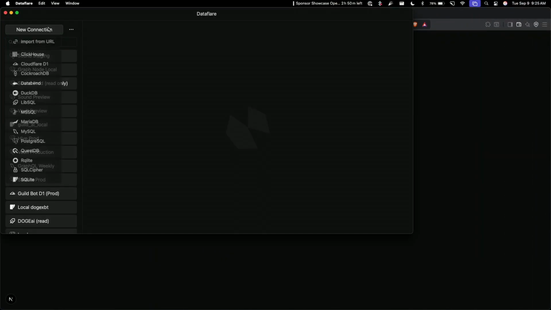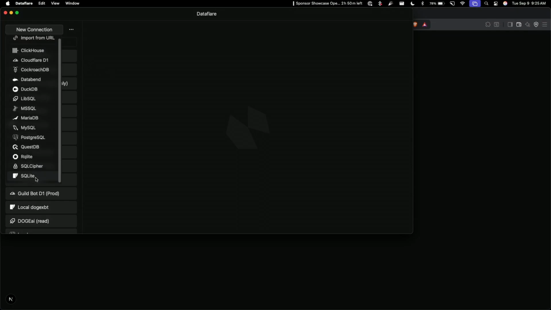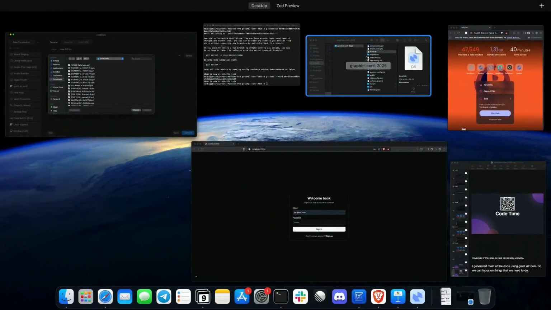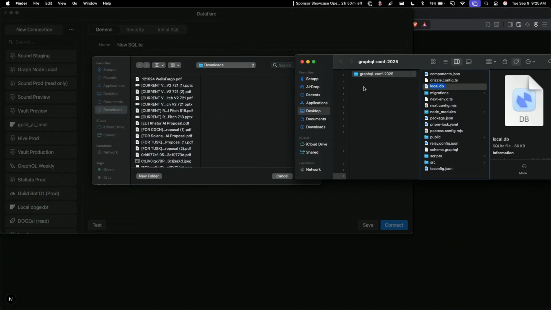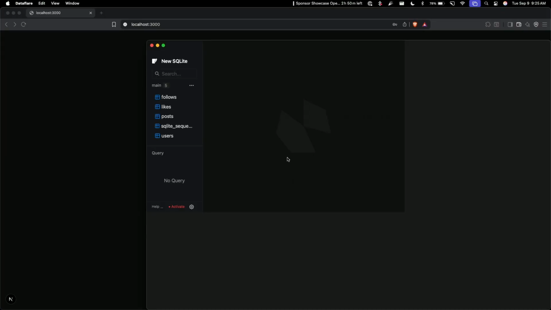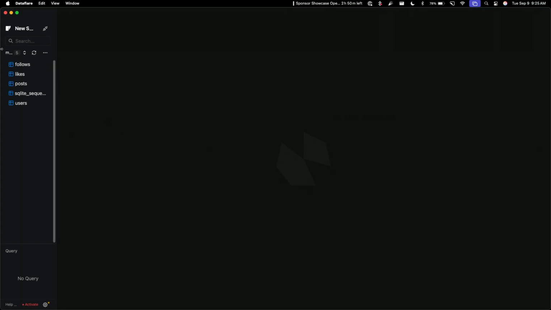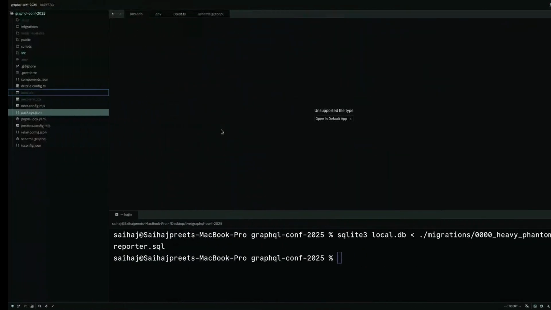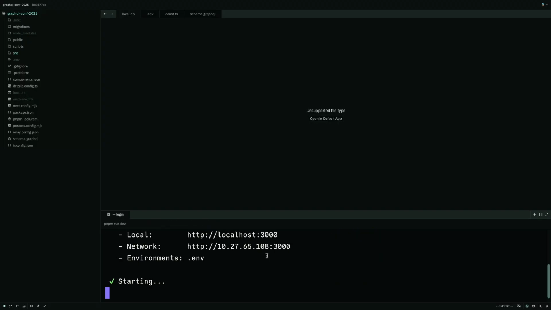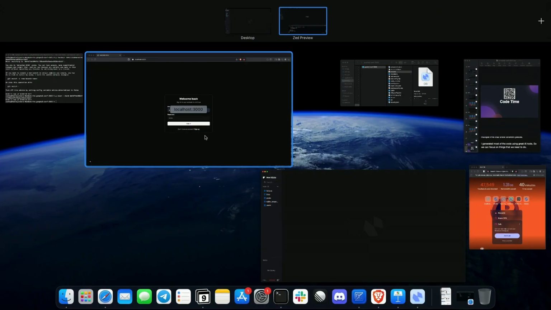DataFlair is cool. It's just a GUI, so I can show you that there's an actual database here. I'm gonna drag, drop, boom, my database should load. All the migrations were done for you, so you can see we have followers, posts, likes, users. Pretty simple database setup here. And then assuming I have everything, if I run pnpm dev again and reload,